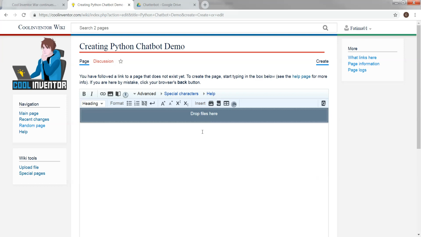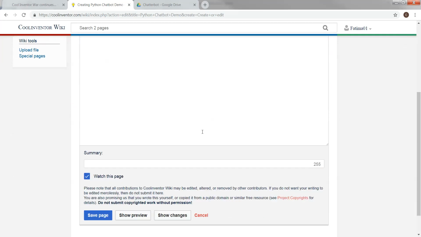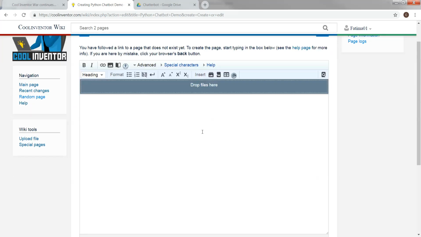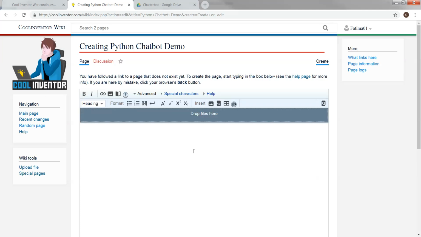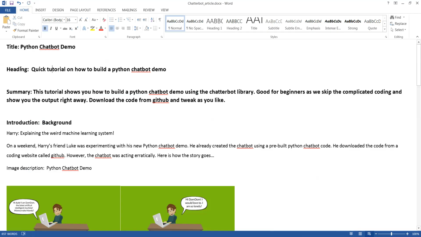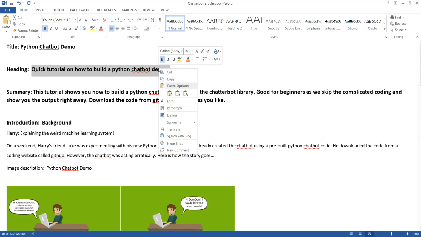Okay, so then it gives you this visual editor. So all you have to do right now is copy and paste the content of that article into this visual editor. There are some syntaxes that you need to think about, wiki syntaxes, while writing this. So the first thing that I have here is the heading, quick tutorial on how to build a Python chatbot demo. So let me copy this,